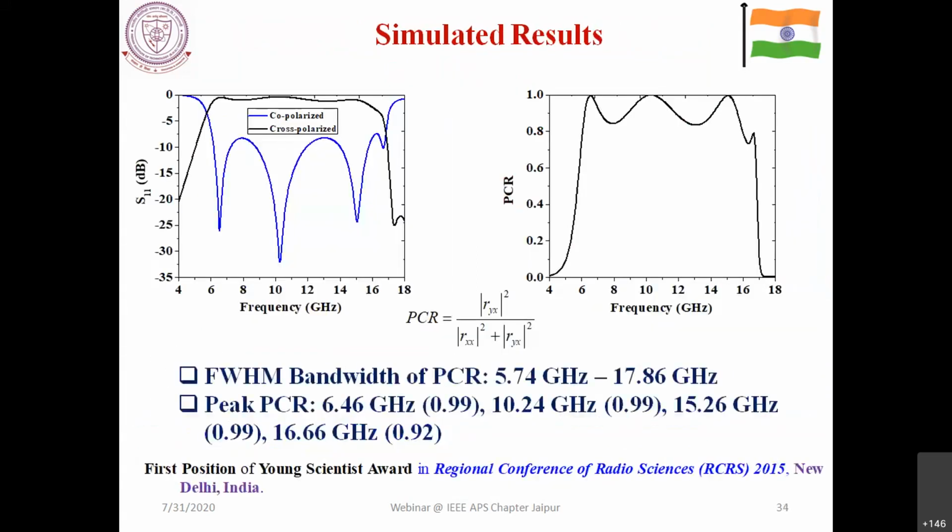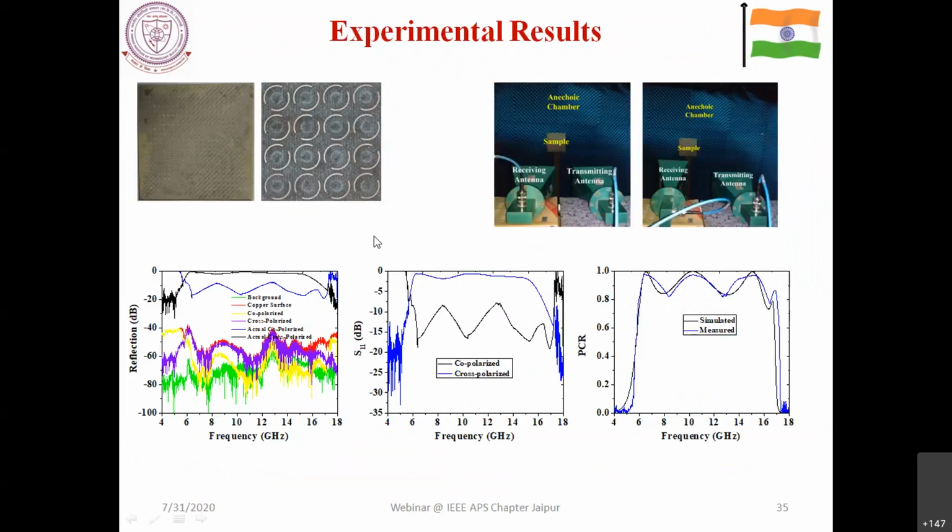So here you can see that over a broader frequency band, you can have the minimization of co-polarized reflection as well as the maximization of the cross-polarized reflection. Both of them occur simultaneously, so that you can get polarization conversion over a broader frequency range. And as I have told you, to measure the co-polarized reflection, both of them are at the same orientation, while in the other case they should be in orthogonal orientation with respect to each other.